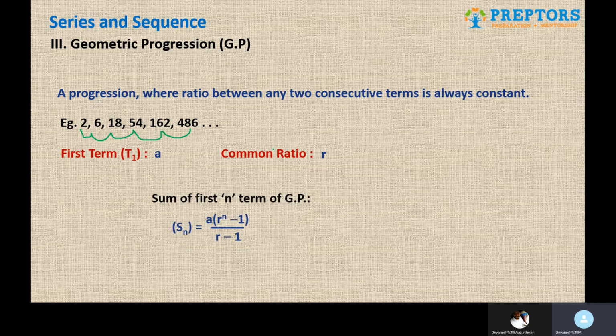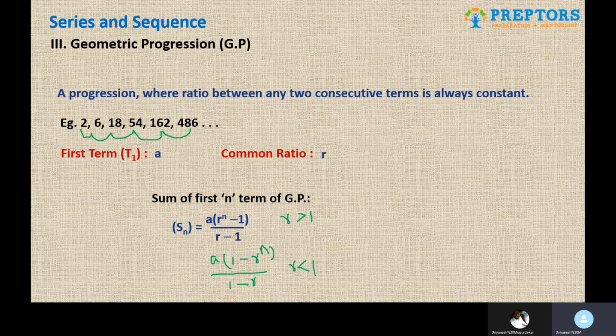The last formula, as usual, the sum of the first n terms of GP, is also given by a formula: a into r raised to n minus 1 upon r minus 1. There is another formula that you can remember in that regard for Sn, which is a into just the reverse of this, 1 minus r raised to n upon 1 minus r. Now why two different formulae? The first formula is used when r is greater than 1, and the second formula is used when r is less than 1.